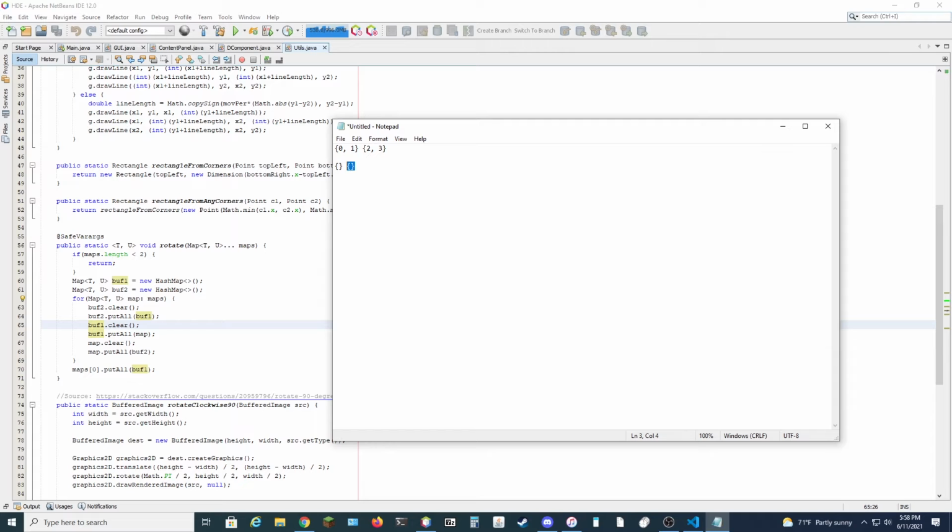So you can see first what we do is we clear buffer 2, then we're going to put all of buffer 1 into buffer 2, then we're going to put all of whichever map we have selected, which in this case is going to be the first one, into buffer 1. So buffer 1 is going to gain 0, 1. Then we're going to clear